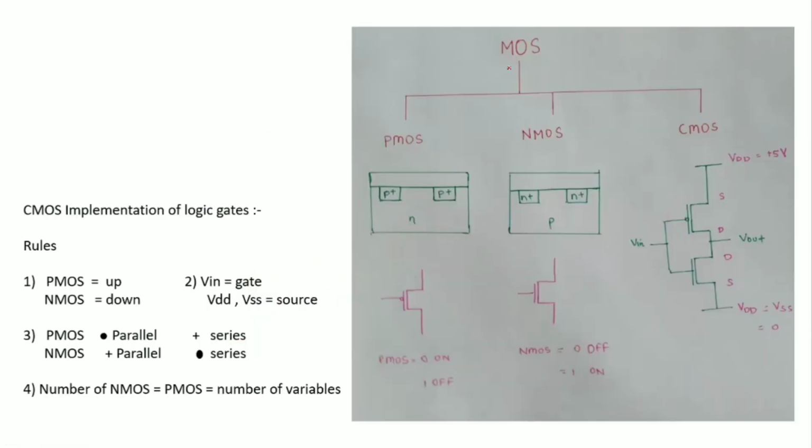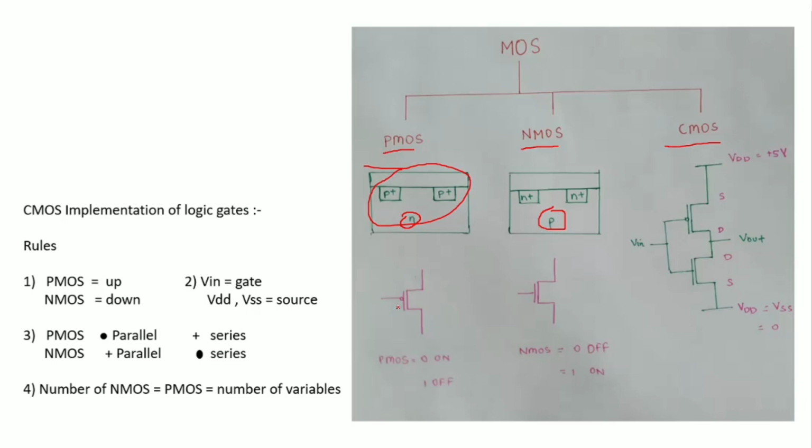The MOSFET is subdivided into PMOS and NMOS, and there is another category in which both PMOS and NMOS are used, which is called complementary MOS, CMOS. First we will discuss PMOS and NMOS, then we will move forward to CMOS. In PMOS you can see this is the structure and the substrate is N, and similarly in NMOS the substrate is P,